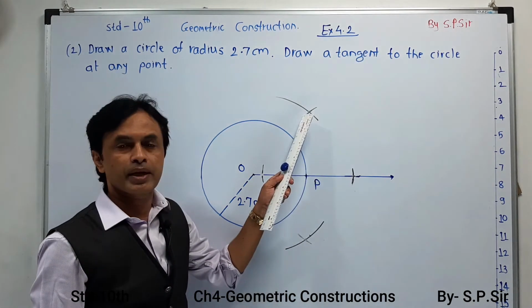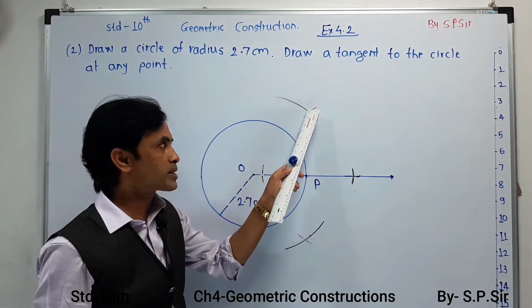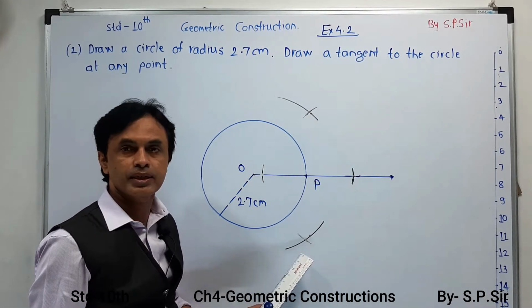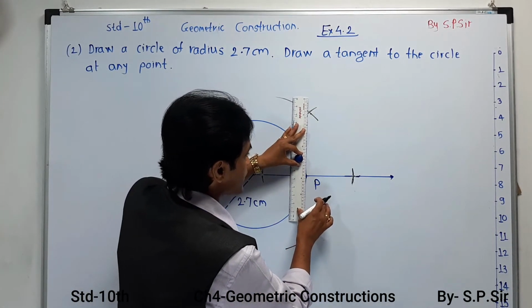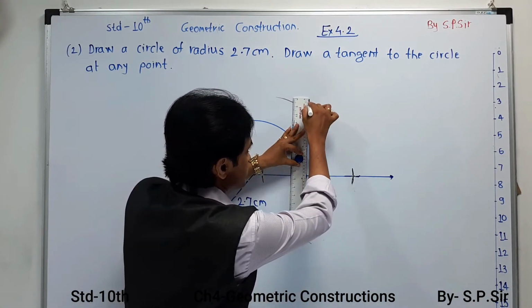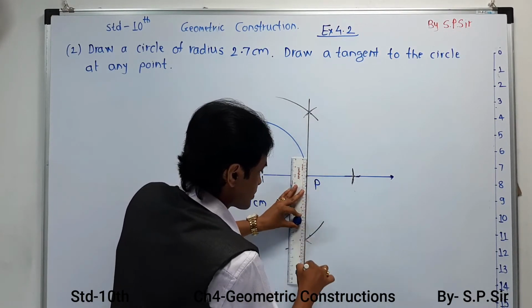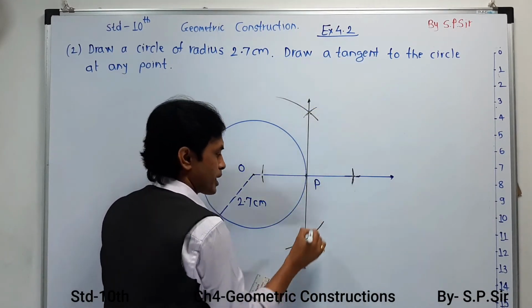Now as you make one mark upstairs and second mark downstairs, you have to draw a line passing from your first mark, touching the point P and touching the third mark over here. In this way, you draw a tangent to the circle. So your tangent is this, and in this way, you complete your tangent.